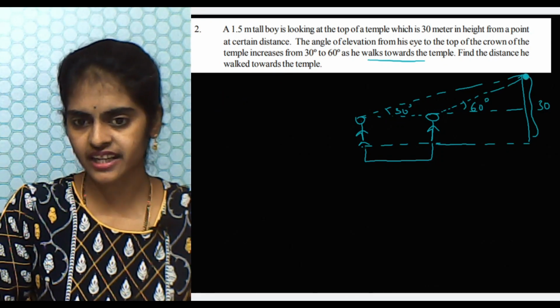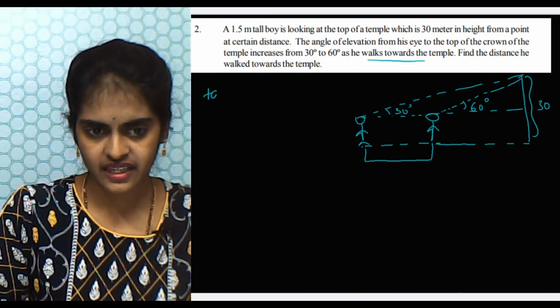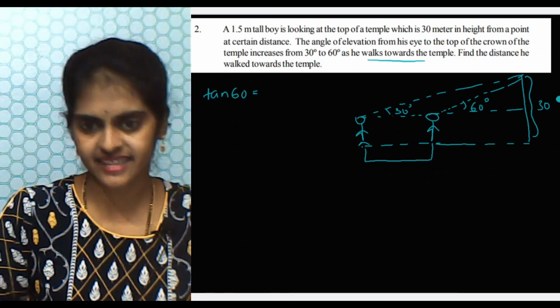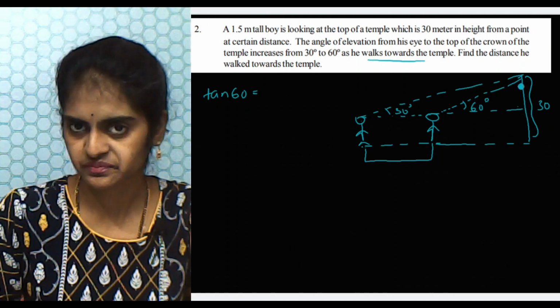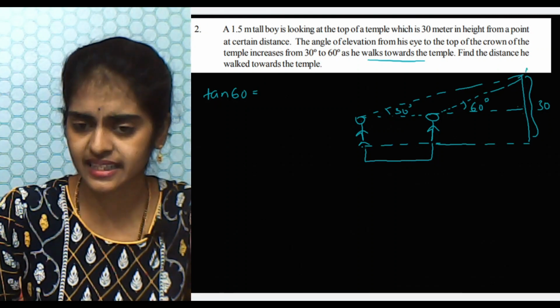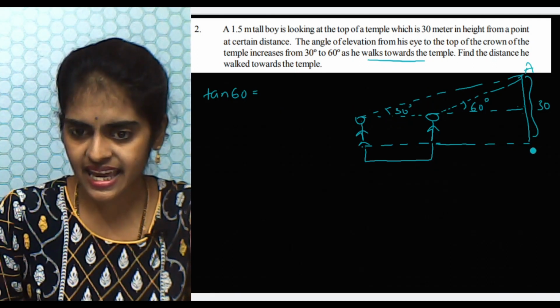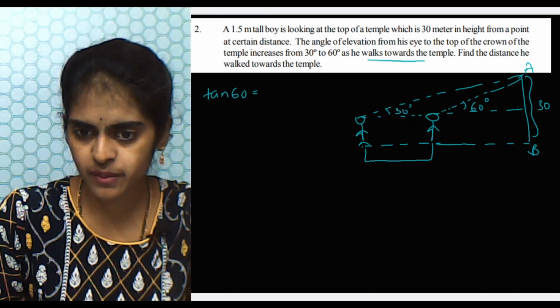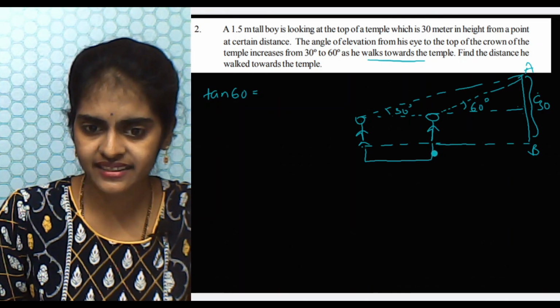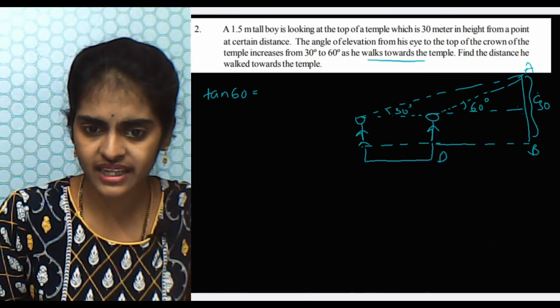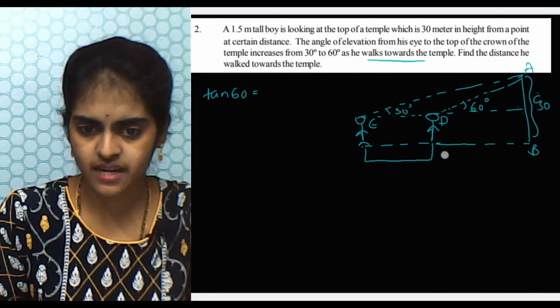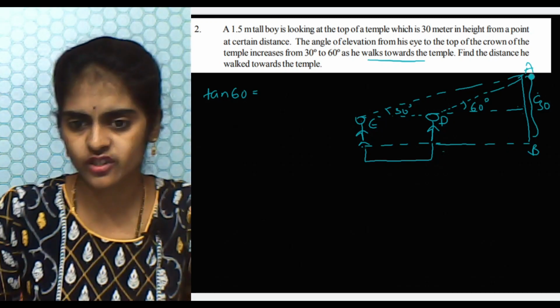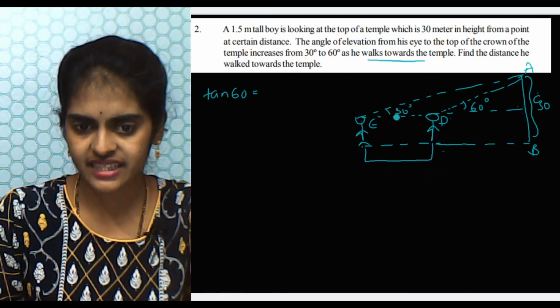In this triangle you can see tan 60. Let me take it in this way. Tan 60 is nothing but this ratio. Now how are we going to get this height? Let me name these sides. So it is A, B, let this be point C, and let this be point D, and this is E. I'm just naming all the vertices. So this is A, B, C, D, E.